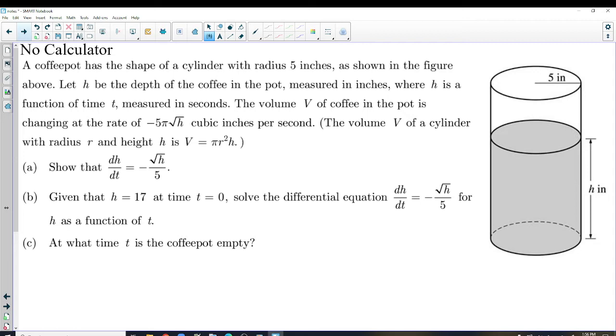Then pi dh dV dt is negative pi square root h is equal to 10 pi dh over dt, and you divide over and you get negative h over